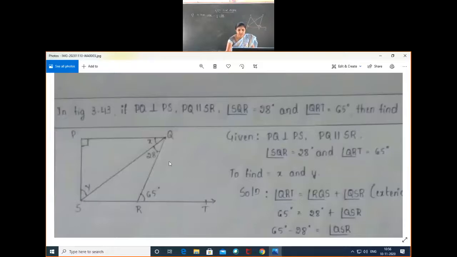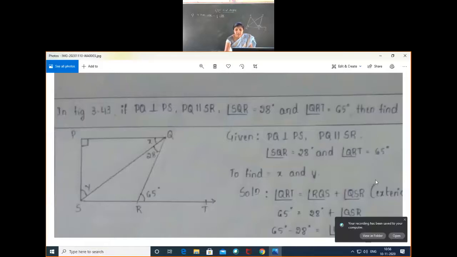So now it is very clear that your QRT acts like the exterior angle of a triangle. Using this QRT exterior angle, which is equal to the sum of the two interior opposite angles, can we work out this unknown angle? Then we can apply the alternate angles concept so that we get angle x, because PQ parallel to SR is given. First, list the given data. Whatever is given in the problem, you just write it in the given data.